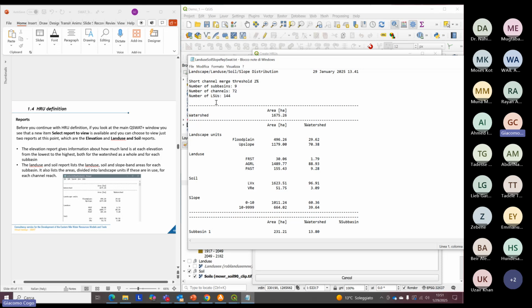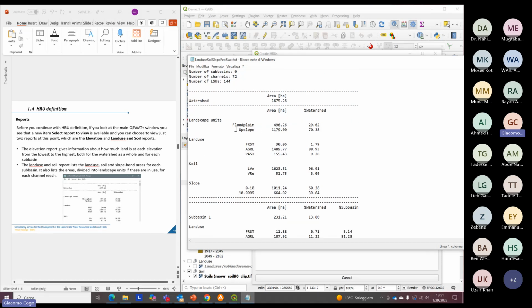So you see some basic information: the number of subbasins, the number of channels, 72, the number of LSUs. Those were the numbers obtained by running the previous part of the model, which is the area of the watershed. And here you see, among the total area,